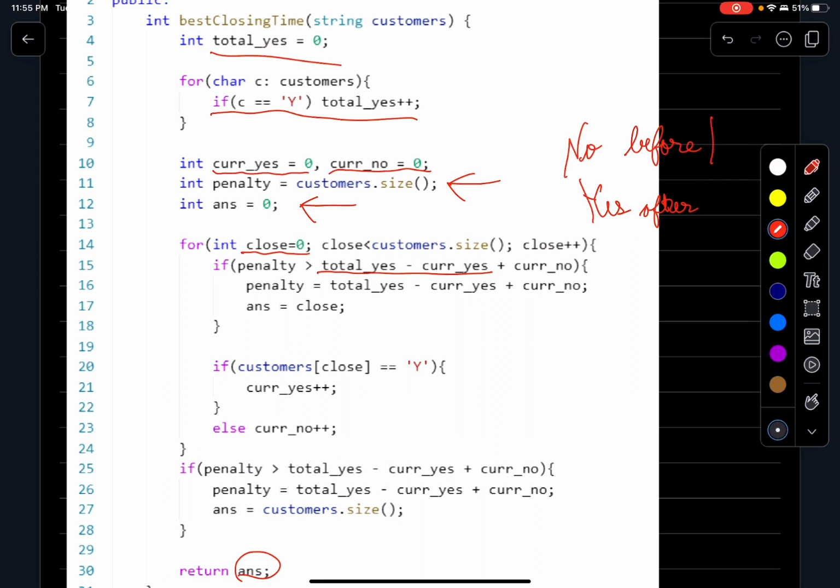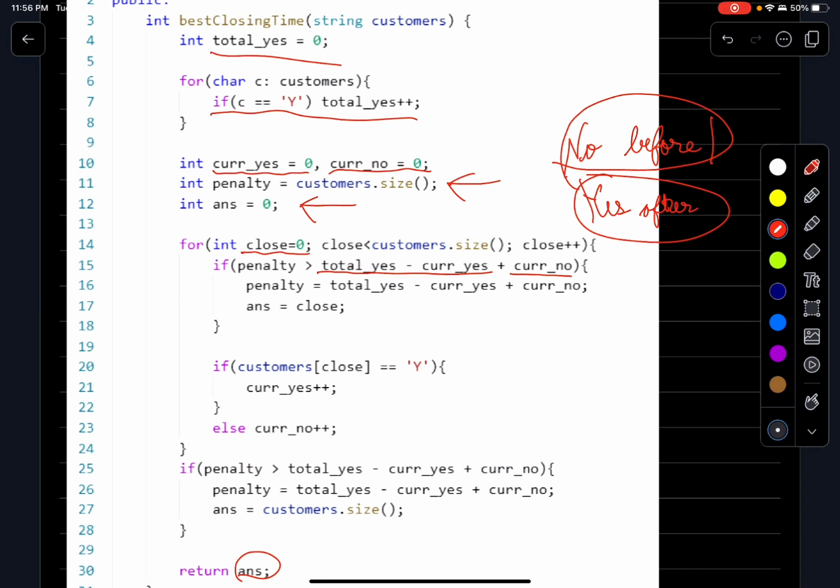So out of the total number of yeses, if I subtract the number of yeses that have happened before the barrier, then I will get the number of yeses after the barrier, and the current no will be storing the number of no's before. So basically these two values have to be added to calculate the penalty for the current closing